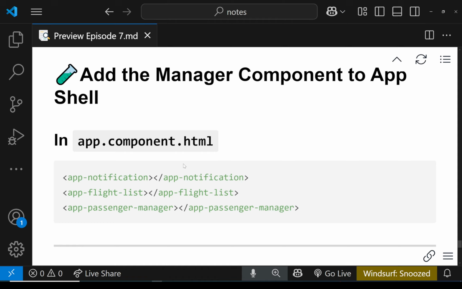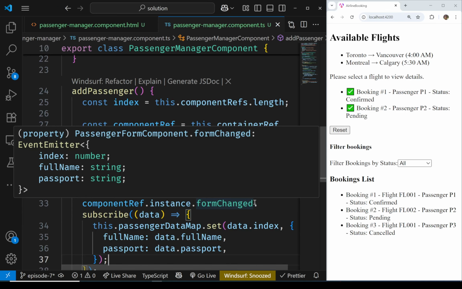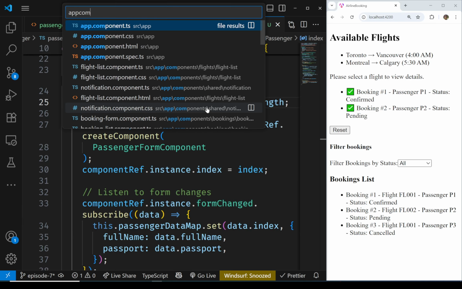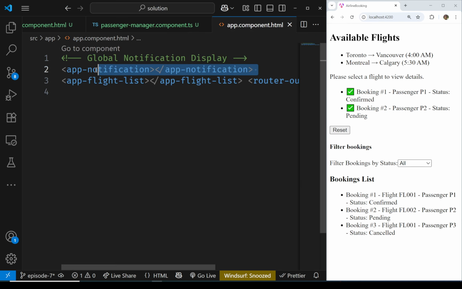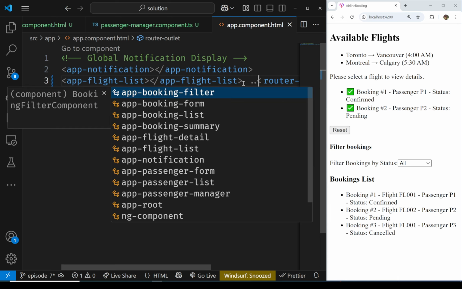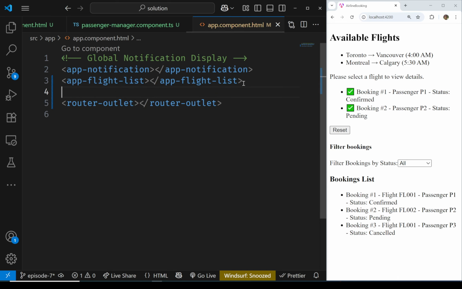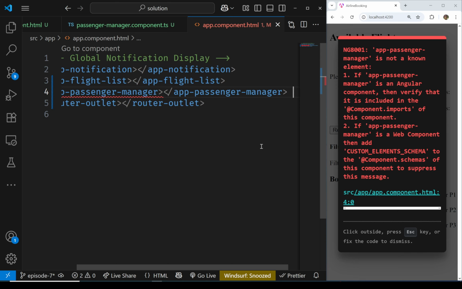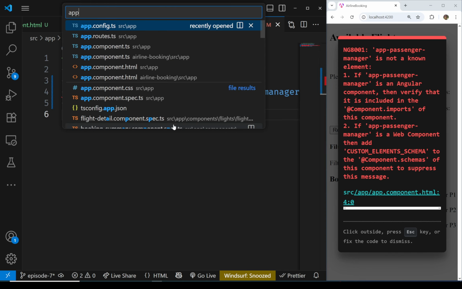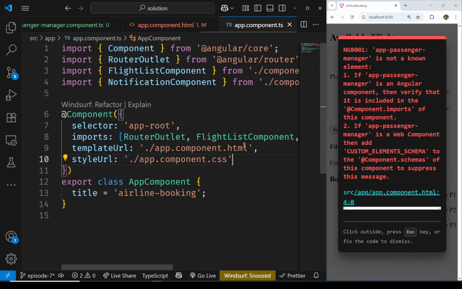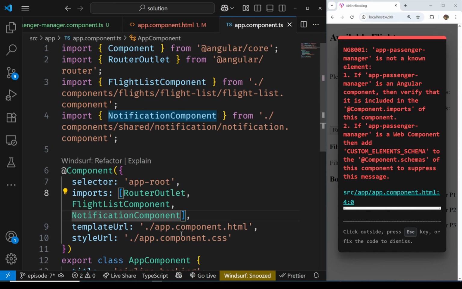Now the next thing to do is to add this host component to your app component. So app passenger manager is going to be added to our app component. So let's do this. I'm going to go to my app component. We already have the notification. The router outlet is going to be there for now because I want to talk about routing in future episodes. But what I need to do now is to add my passenger manager here. And of course, we need to import this in our app component TS. So passenger manager